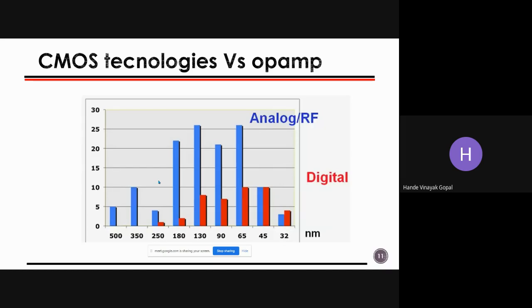That is precisely the reason: as the technology node reduces, a digital CMOS operational amplifier will give higher gain compared to an analog-based CMOS amplifier or analog process CMOS amplifier. But still people are not preferring the digital process to design analog blocks, because